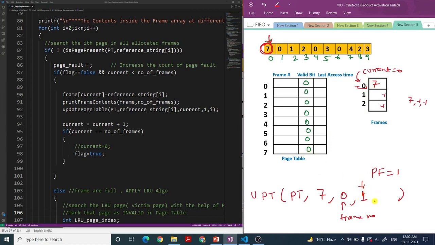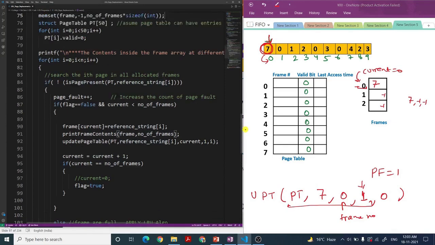Now the next thing that I am passing in this LRU is the time of access. So here you can see I am passing I. For the ith page, its index I is passed as the time of access. That I have told you. So in the LRU, we are passing actually 5 entries, not 4. But in the FIFO, we saw we are just passing these things only, because at that time the time of access was not needed. So after we pass these things, update page table will do the necessary updation.